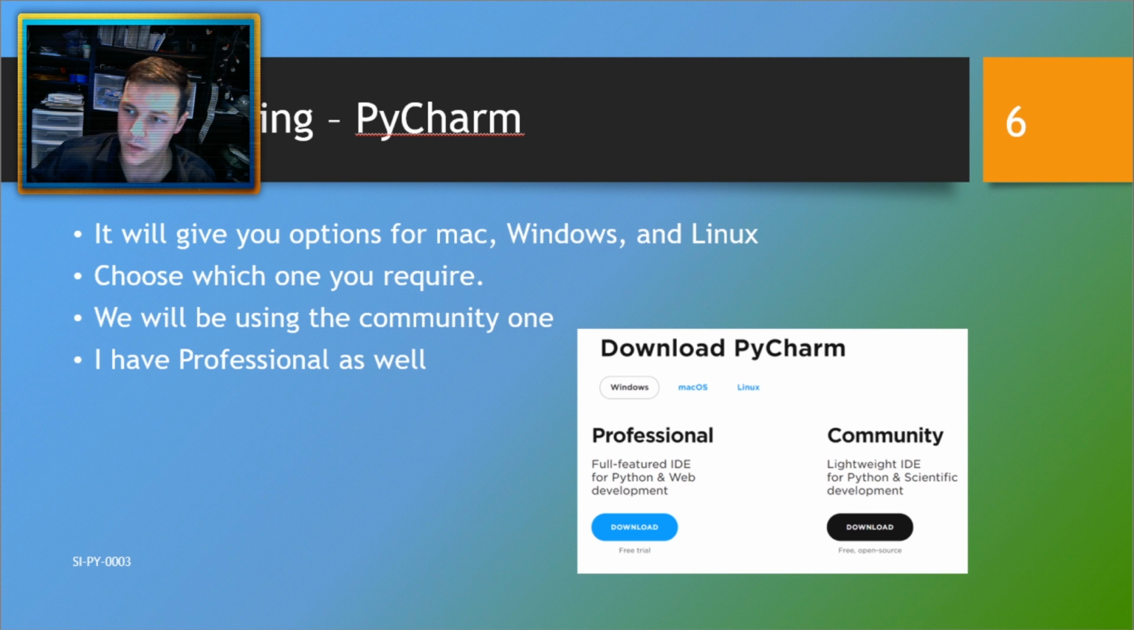The next thing we're going to do is click the Download Now button. Once we're there, we're going to get a couple options. If you're a Mac user, you can download it for Mac. If you're a Windows user, download it for Windows. If you're a Linux user, you can download it for Linux. You can also get the professional version, which has a few extra features that are not included in the community one. We should not need the professional features though, because most of the stuff we're going to be doing is